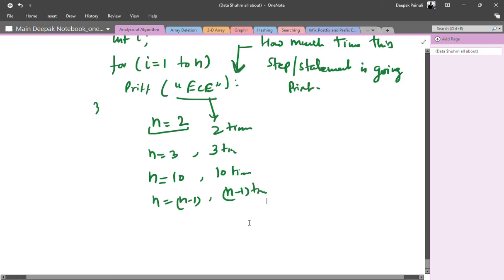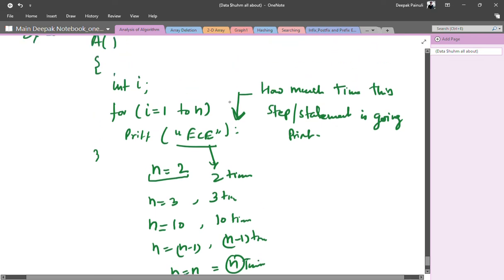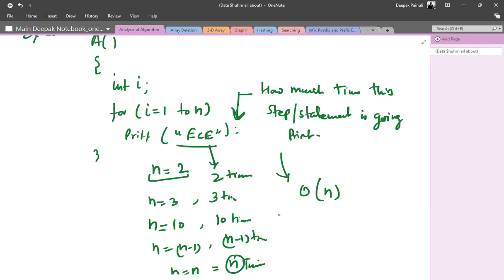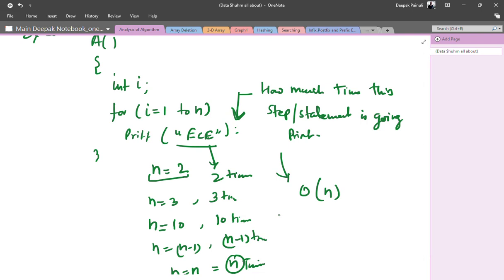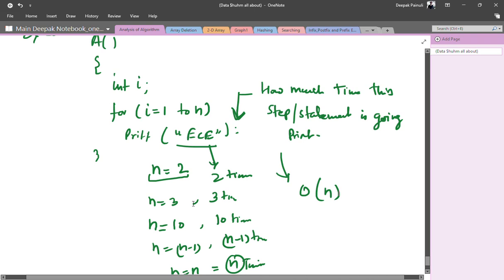So for n equals n, it will print n times. By observing this code, we can say that the time complexity of this algorithm will be order of n, right? The value of n decides how many times this printing will be done, so the time complexity of this algorithm will be order of n, right?